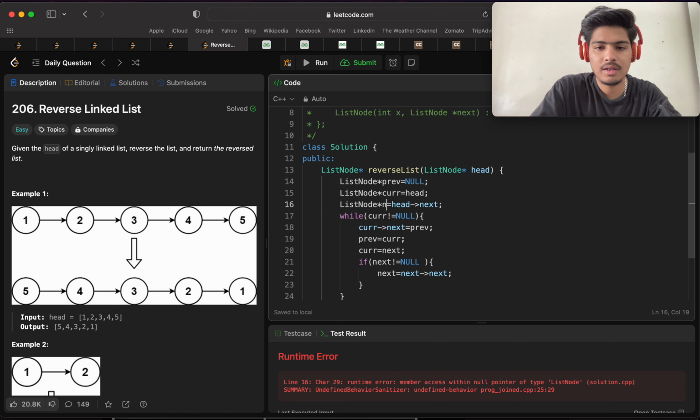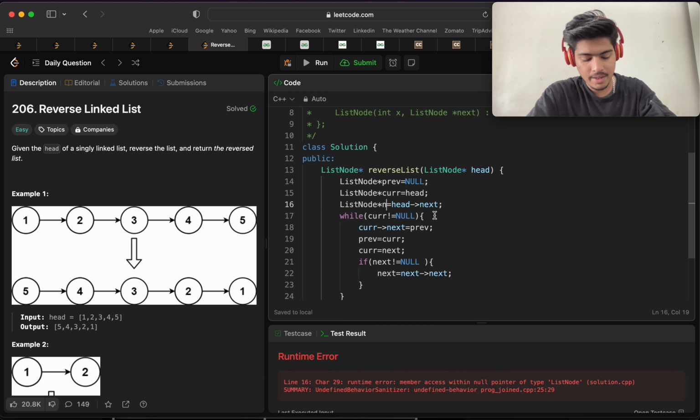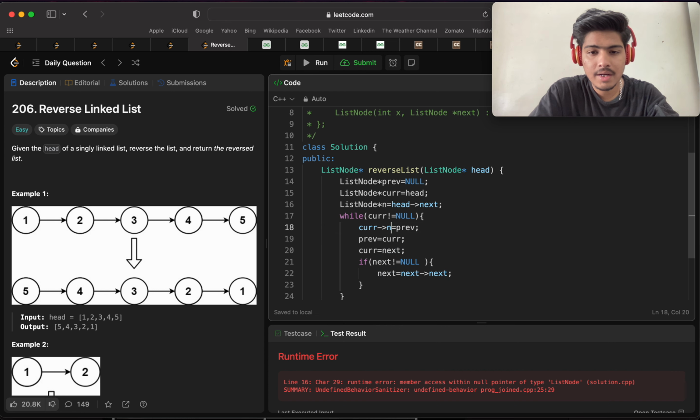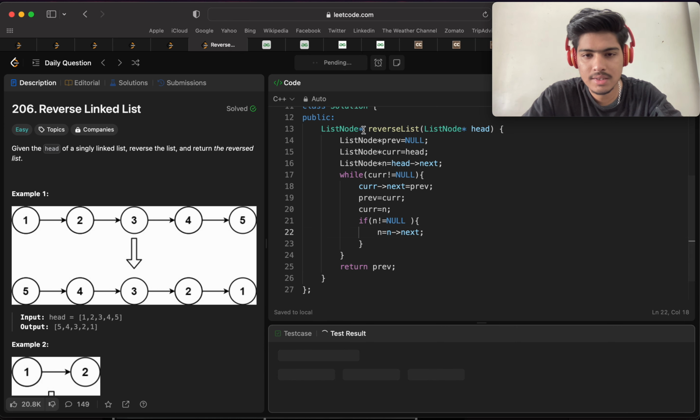If we use n only, then current का next n, oh sorry, हेड का नेक्स्ट ठीक है, देन करंट का नेक्स्ट, सॉरी इसको तो नेक्स्ट ही रहने दो, करंट का नेक्स्ट इक्वल टू प्रीवियस, प्रीवियस इक्वल टू करंट, करंट इक्वल टू नेक्स्ट, करंट इक्वल टू एन, ठीक है, एंड एन इज नॉट इक्वल टू नल, सो नेक्स्ट इक्वल टू एन इक्वल टू एन का नेक्स्ट, तो मैंने उसको नेक्स्ट के लिए एन बोल दिया, कंफ्यूजन ना हो उस चक्कर में, ठीक है। Now again run this,